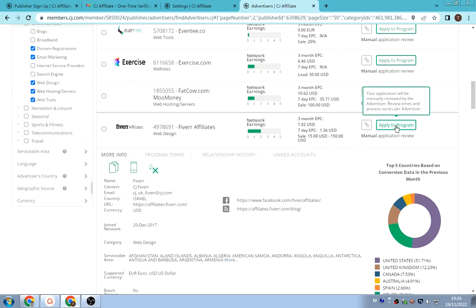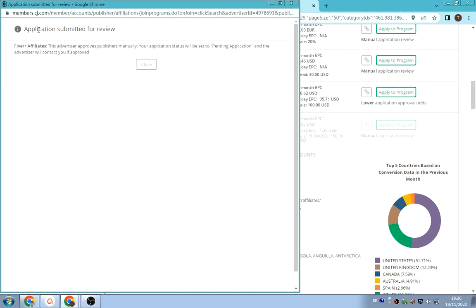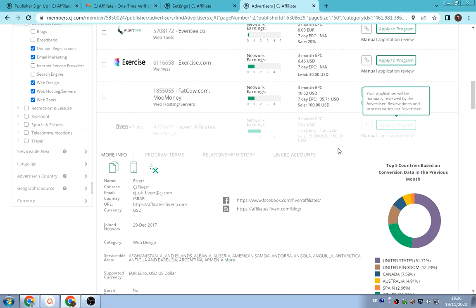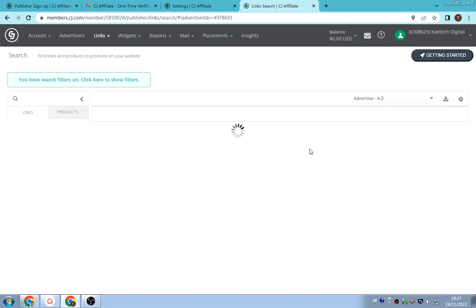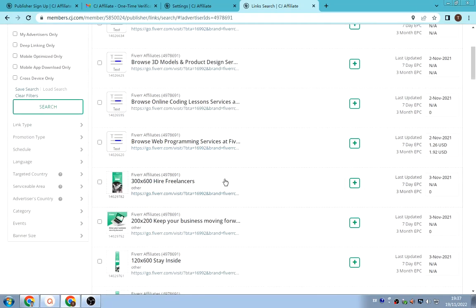So you can click over here to apply, and then what it's going to do is it says application submitted for review. So your application has been submitted, and then it is pending. Okay, and that is it. Now if they approve you, you're going to get links. So you can click over here to get the links to make sure that you advertise those particular links for them. As you can see, these are all links relating to